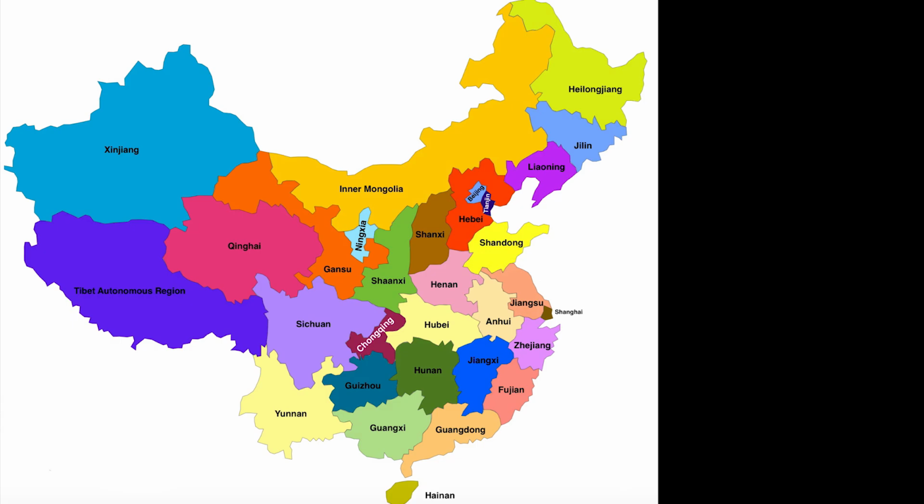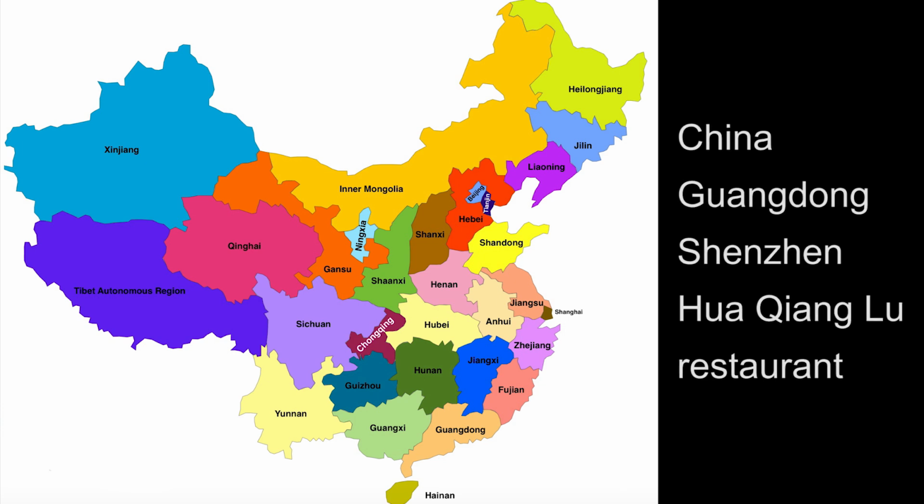We started this lesson with a map of China and the provinces. The lady you can hear wants to tell you a certain location, so she begins with the country, China, or 中国. Then she says the province, Guangdong. Next is the city, Shenzhen. Then the street, Huaqianglu. And finally we end up in the restaurant. 中国广东深圳华强路